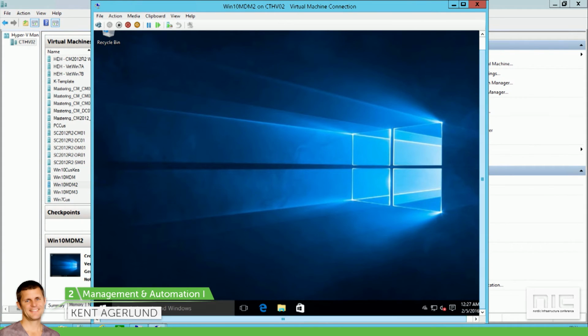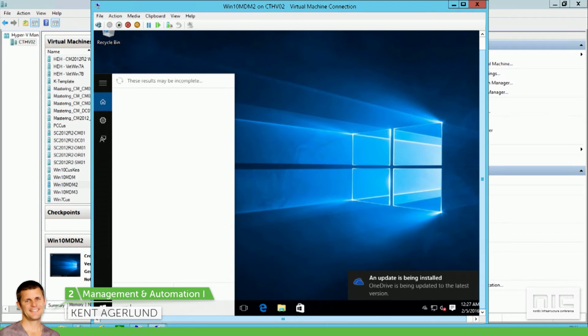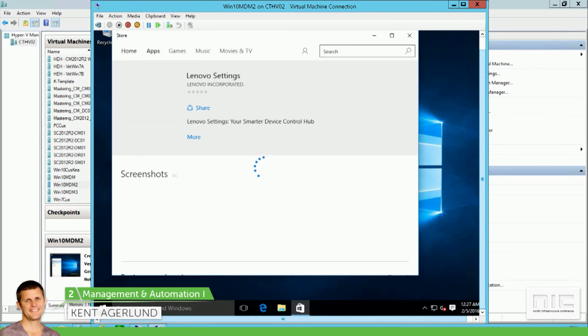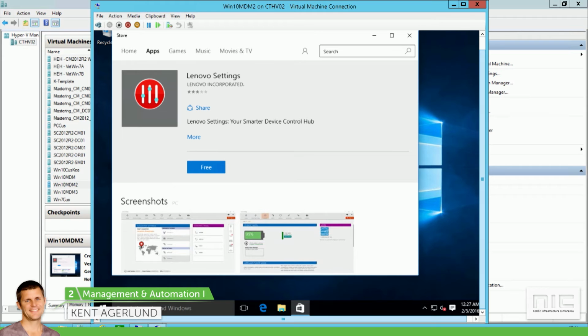So what I could do right now is I could run the settings package. If I have the settings package, I could just right-click that and enroll it. It would automatically install the certificate. It would automatically do all the stuff that I want to do. If I try,